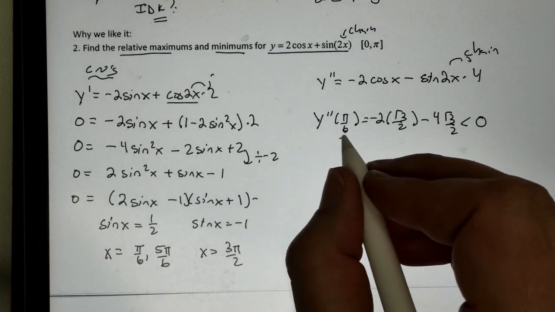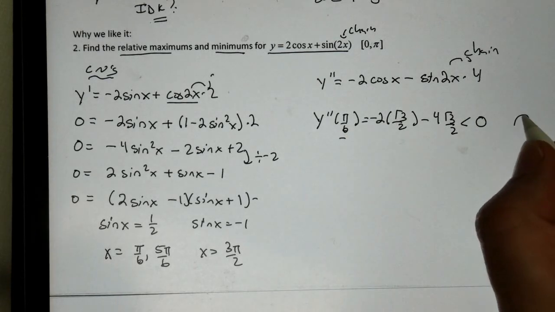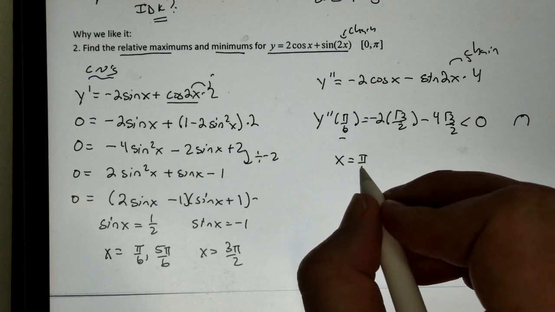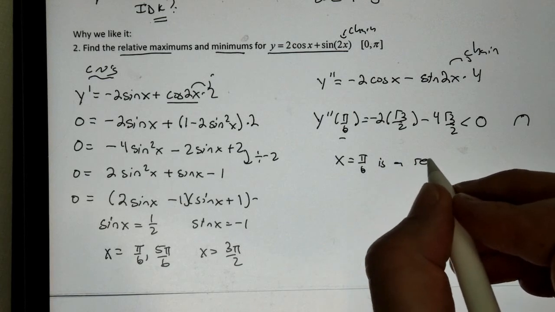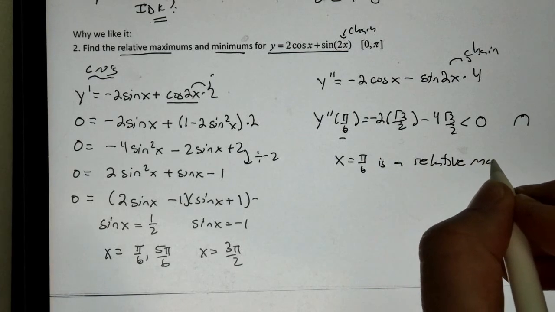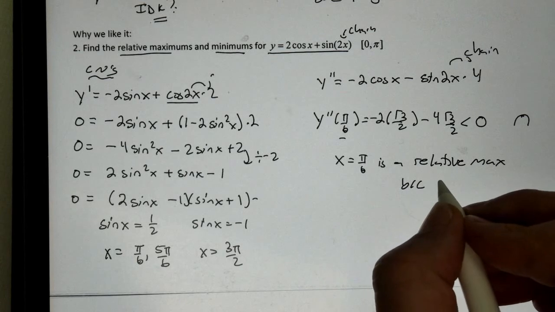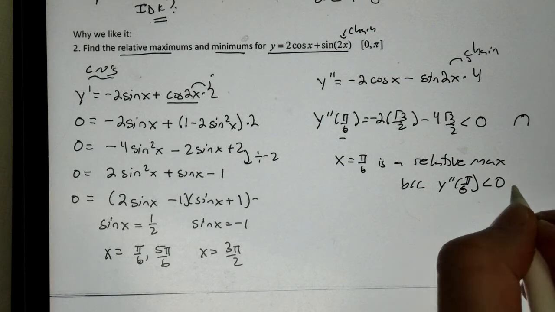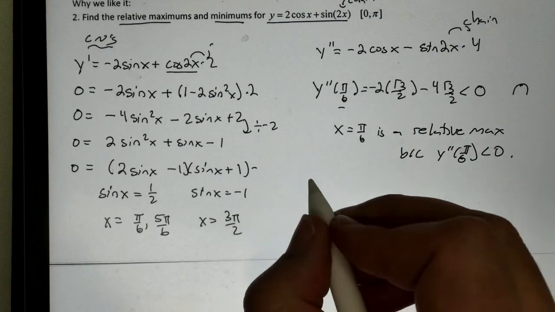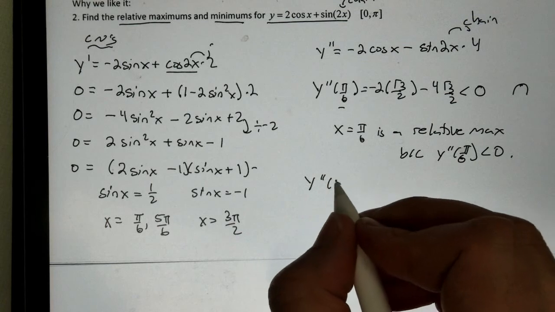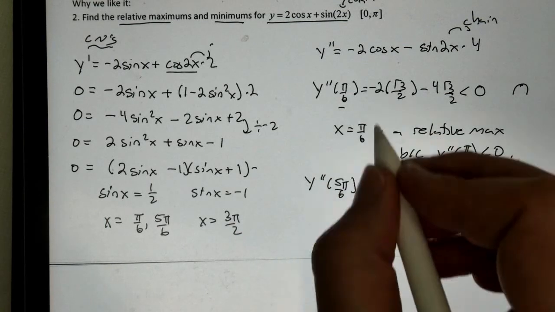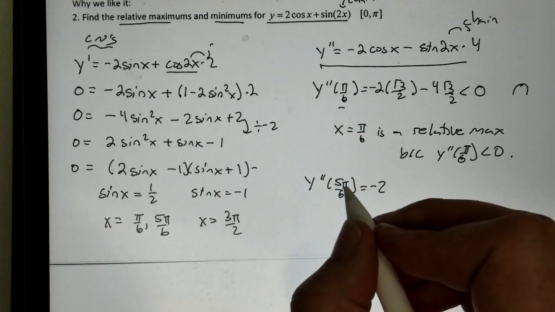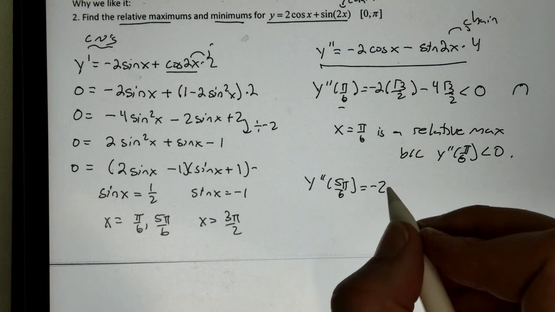So therefore, what can I say? This is concave down, so we have a relative maximum. So we can say x equals pi over 6 is a relative maximum, and that is because the second derivative at pi over 6 is less than 0. The function's concave down. And I can do the same with all of them. What about the second derivative at 5 pi over 6? Plugging that in, here's my second derivative. We get negative 2 times the cosine of 5 pi over 6,